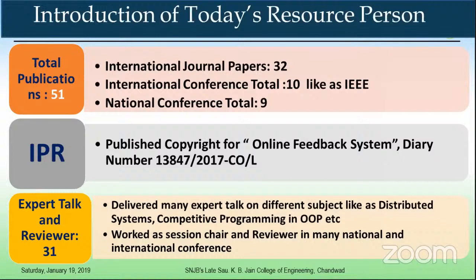She has a great number of publications, out of which 32 are in international journals, 10 in international conferences, and 9 in national conferences. In addition to this, she has also published a copyright for an online feedback system. She has delivered many expert talks on different subjects.